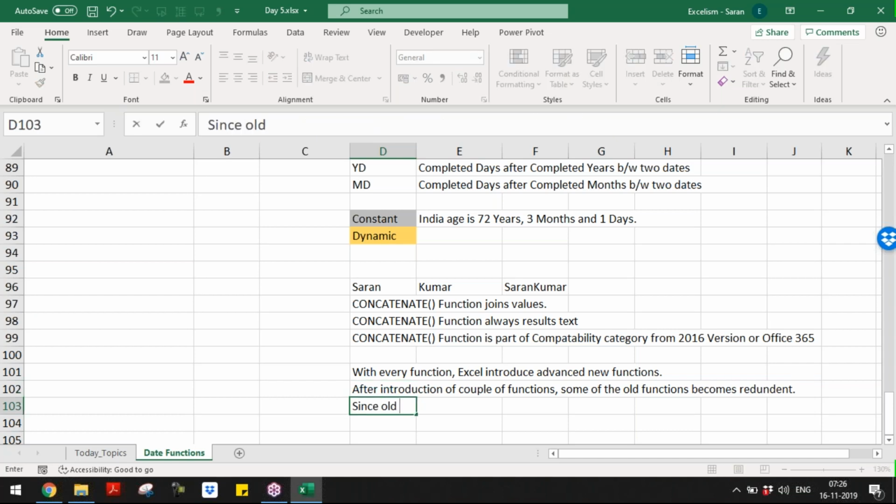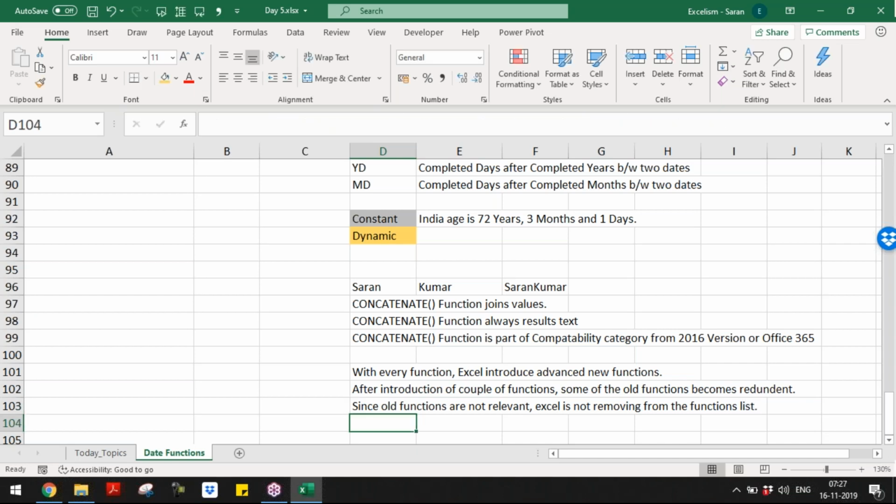Since old functions are not relevant, Excel is not removing them from the functions list. Why? Can anyone tell? They cannot remove just because one advanced function came compared to the old function, which is doing much better things.